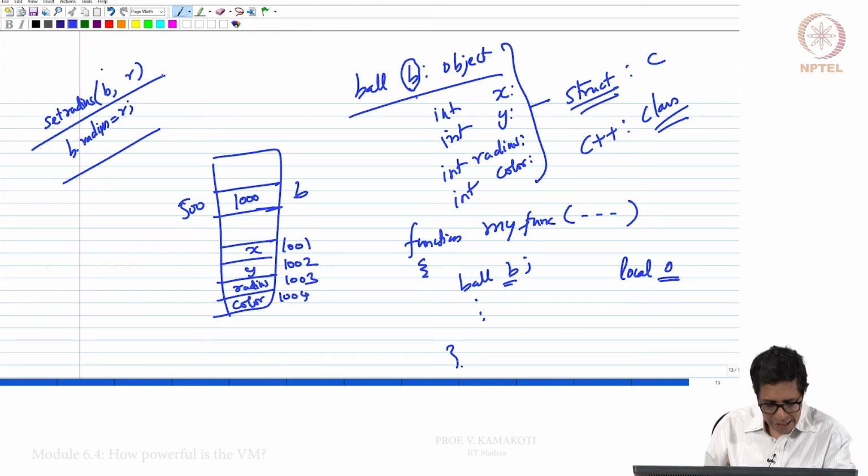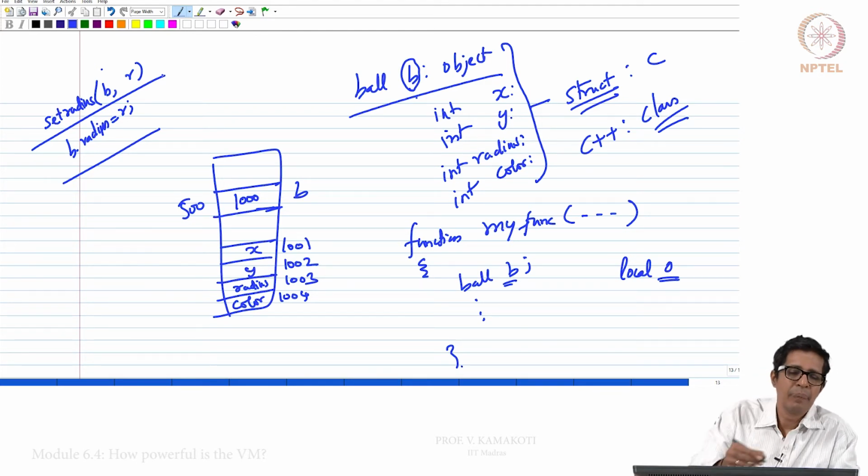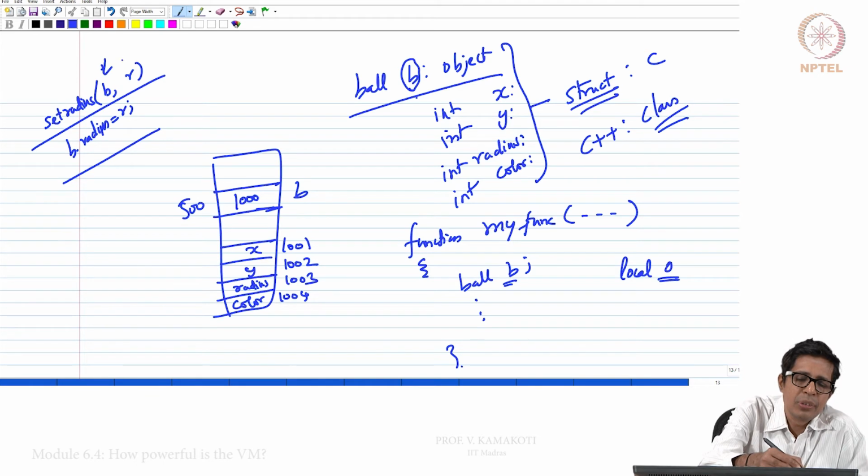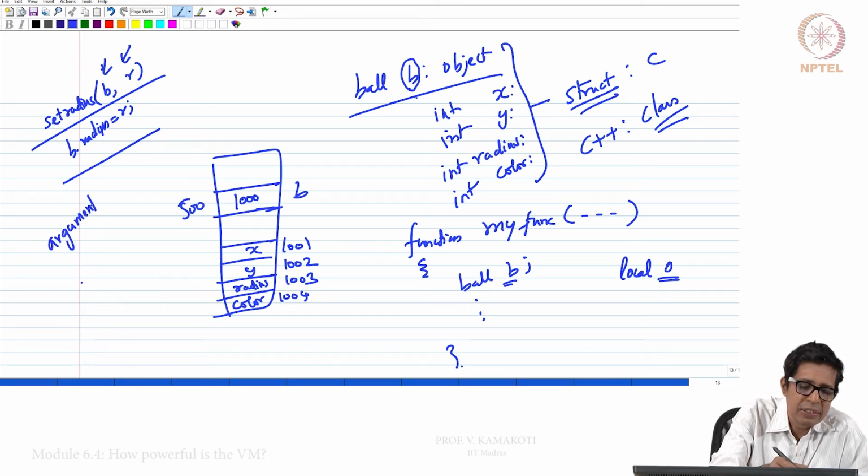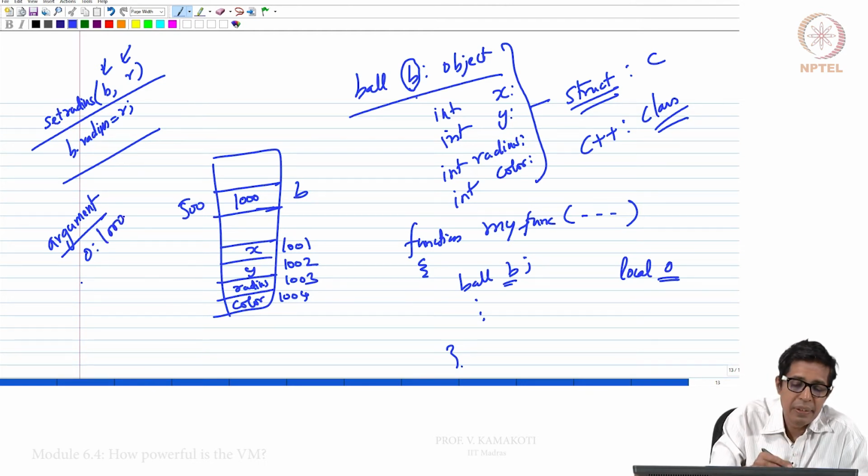B and R are basically arguments, right? So in the argument section, in the 0th location, B's base address will be stored. That means 5000 will be stored. In the 1, the new radius R will be stored.